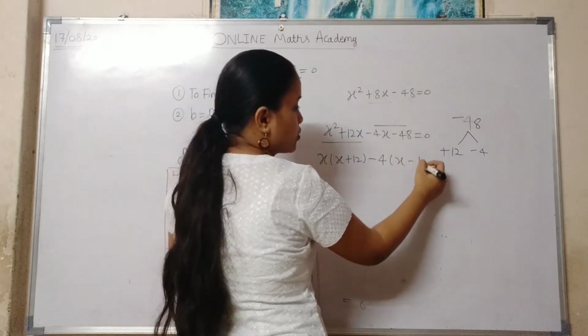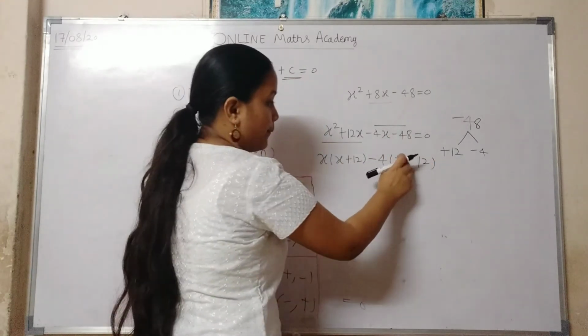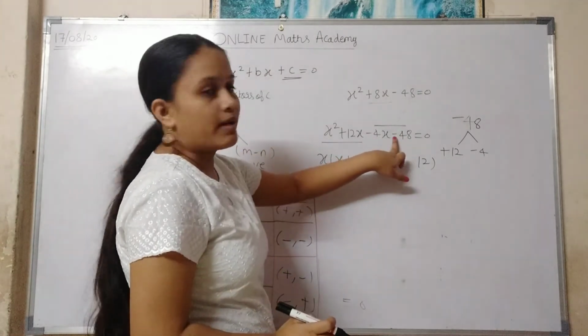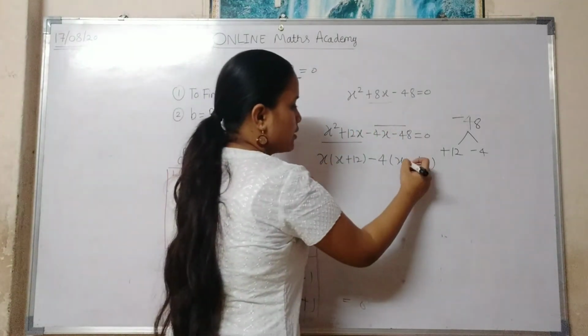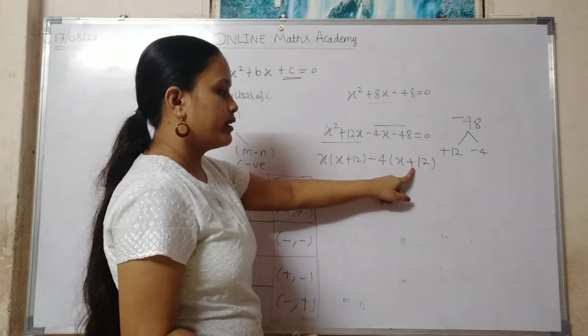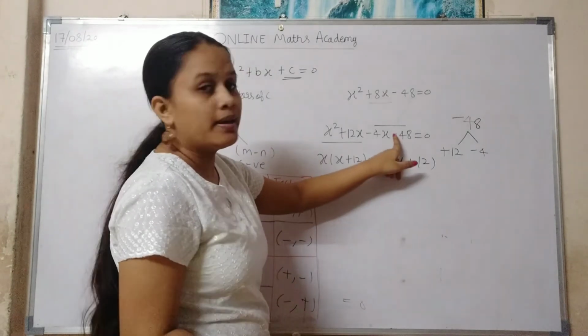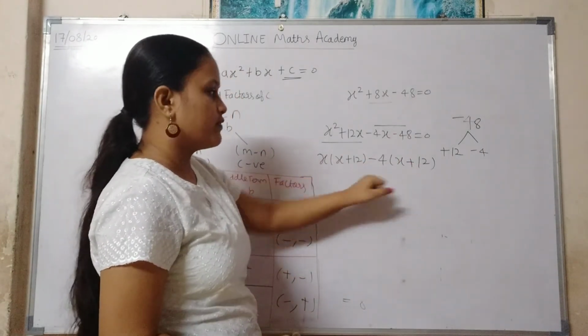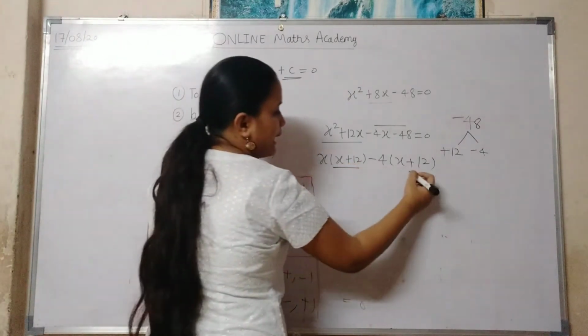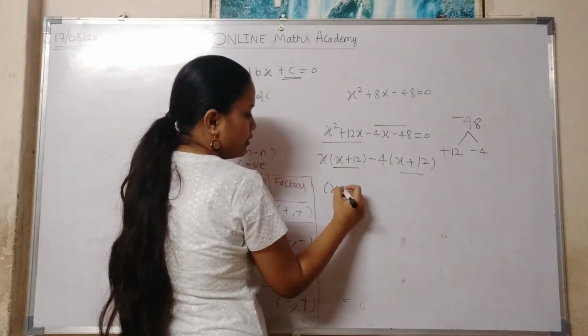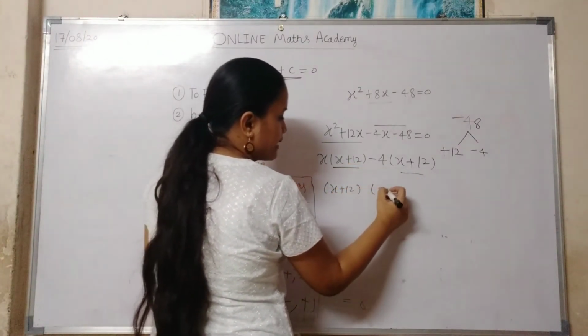12 4s are 48. So here 12. Now here sign. This is also minus, this is also minus. So this will be plus. Since when I open the bracket, minus into plus will be minus. So this will be plus. So this bracket I will take common: x plus 12, x minus 4